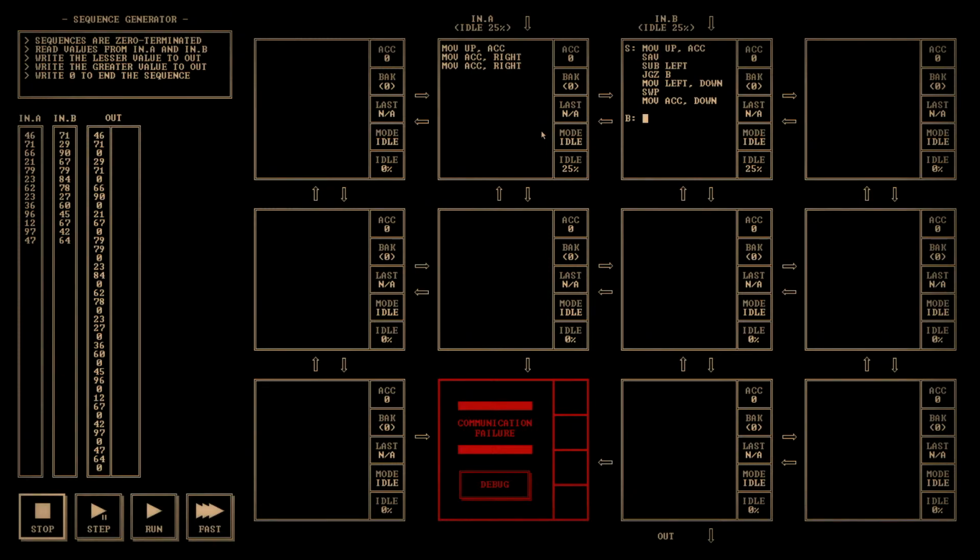So what I need to do in B is I need to swap first. SWP. And move ACC down. And then move left to the down. So basically it's the same thing, but the only thing is the order has been changed. Move left down. And then